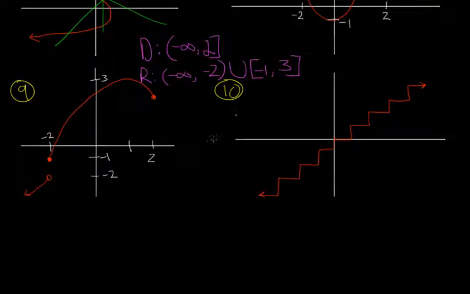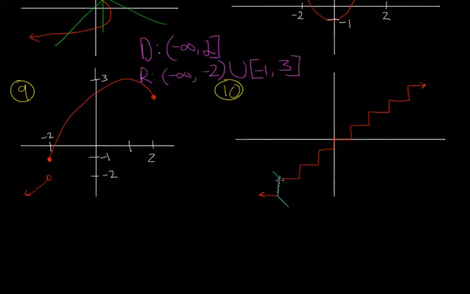Now 10. At first I didn't see this on the graph. I was like, whoa, where is the function? But then I realized it's a stair function, a stepping stair function. There is a defined function similar to this, except there's a hole here, and then it starts here, and there's a hole here, and it starts here. This one is connected with this point here, with an infinite amount of